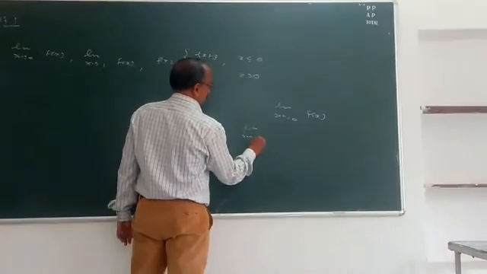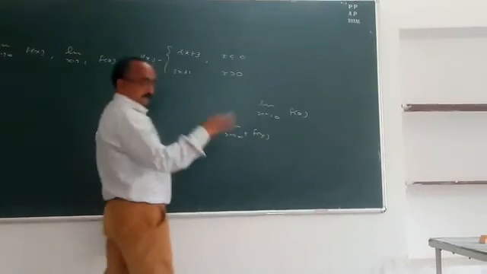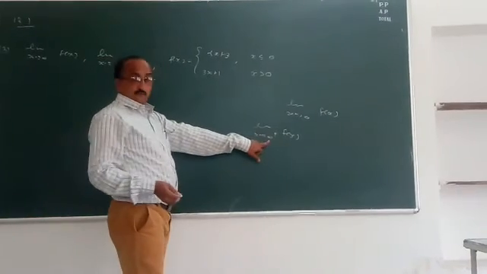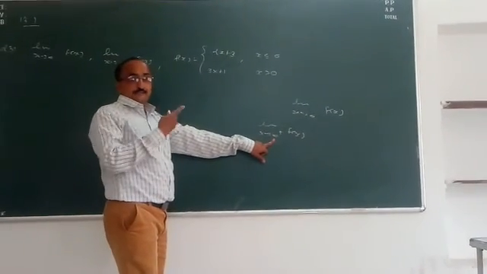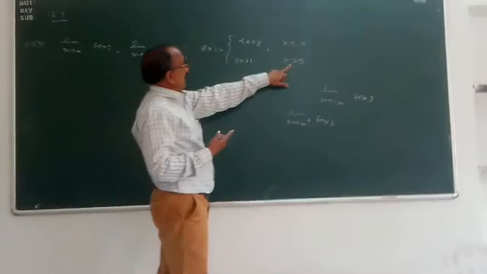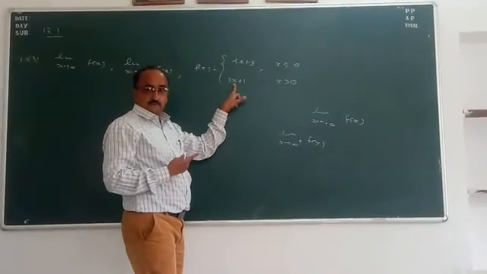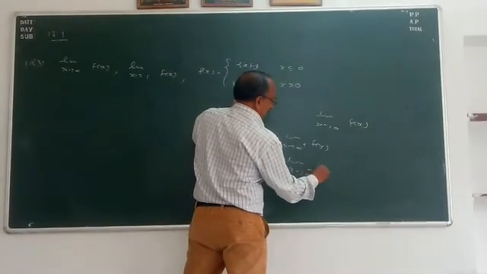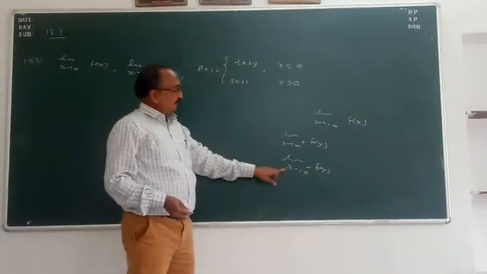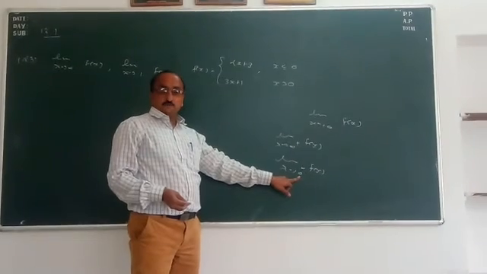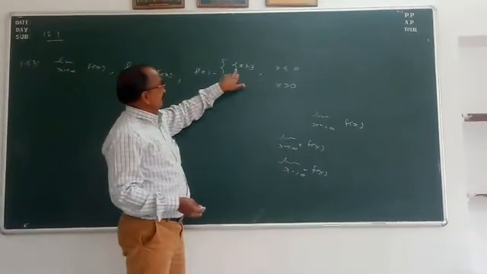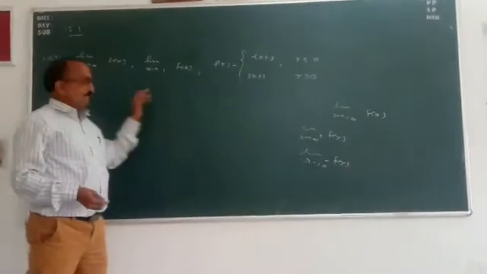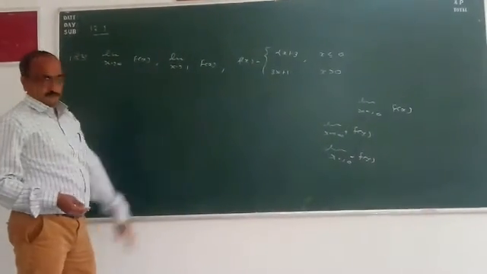Limit as x tends to 0 positive of f(x) is the right hand limit. Here the value of x is greater than 0 and goes nearer and nearer to 0. In this case we select the function f(x) equal to 3x plus 1. Clear this? Similarly, for the limit as x tends to 0 negative of f(x), the value of x is less than 0 and goes nearer and nearer to 0. In this case we select the function f(x) equal to 2x plus 3 and get both values. If both are equal, then we say that the limit exists and is equal to that value.